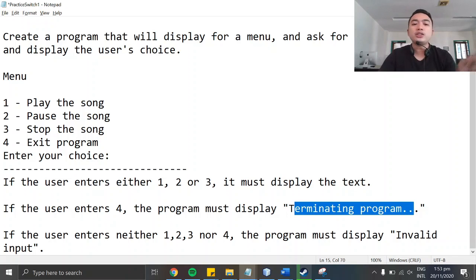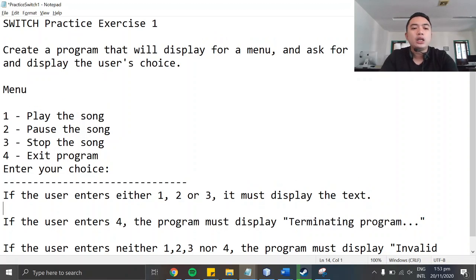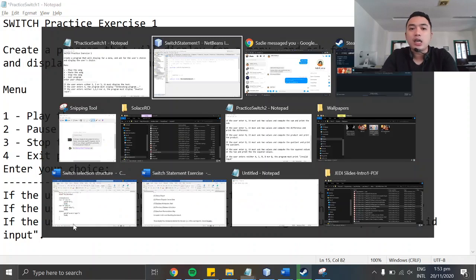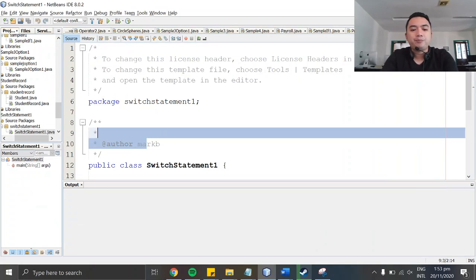If the user enters neither 1, 2, 3, nor 4, or he entered a number that is not in the choices, the program must display invalid input. Okay? So that will be the practice exercise problem 1. So let's open NetBeans and create a